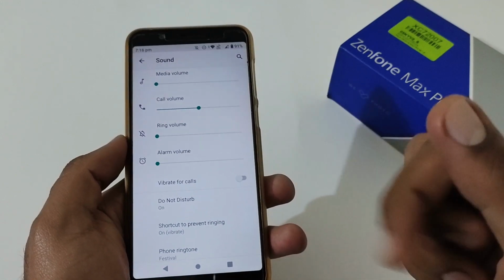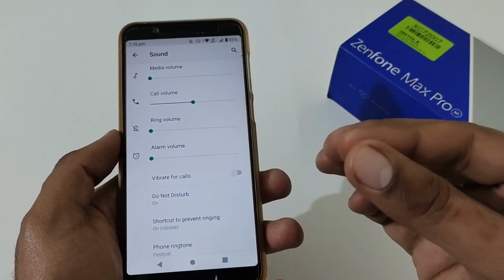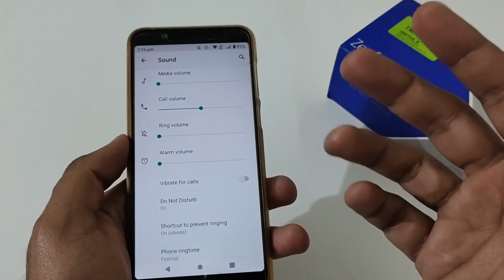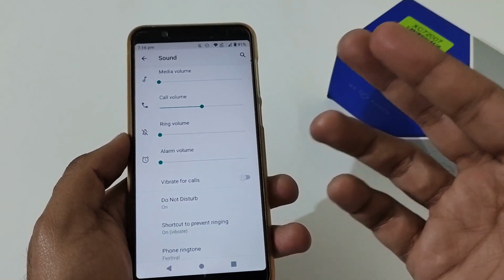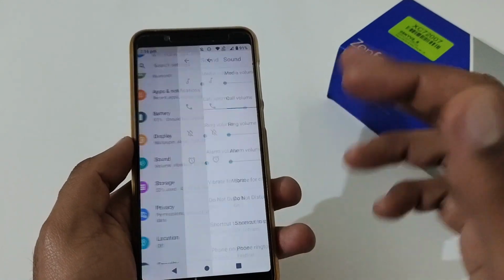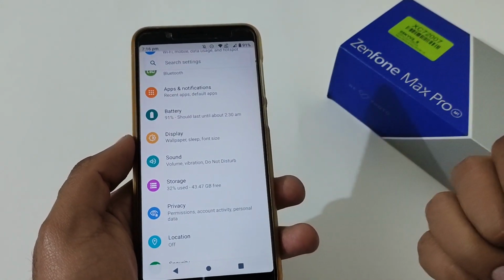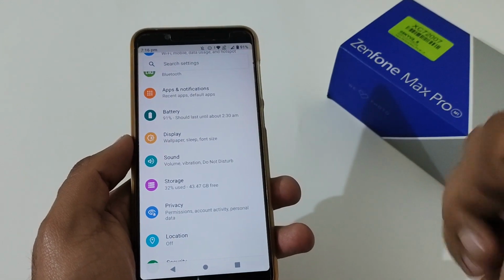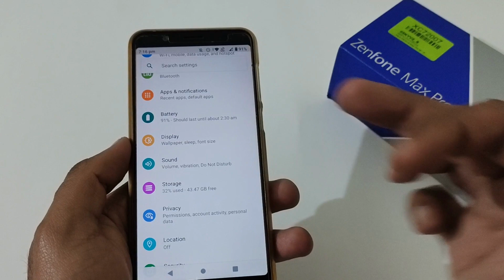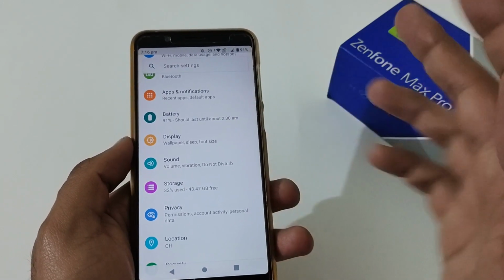Although as per my experience, sometimes I feel like sound quality on Android 10 Beta 5 is somewhat good, but sometimes with respect to random bass issues, you will see that it is poor quality. So overall, sound is the same on both the versions, so there is no problem with that, or I would say there is no if and but. So again a tie in the sound section for both versions.